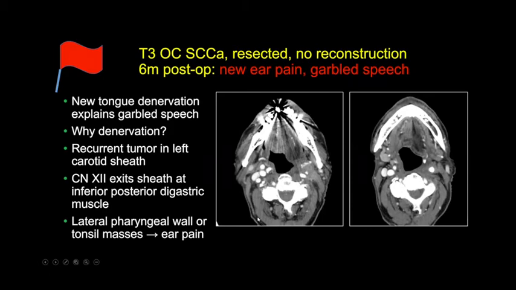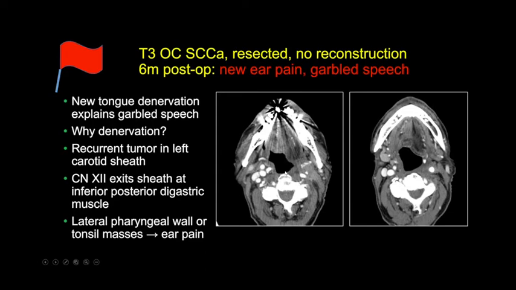If you have a patient who's had a big head and neck tumor and there's new pain, especially in the ear, or a new neurologic deficit, worry about recurrent tumor. So this patient had a T3 oral cavity tumor, had a resection, but no reconstruction. This is not a flap. And now we see a denervation of the left tongue. So notice this is fatty